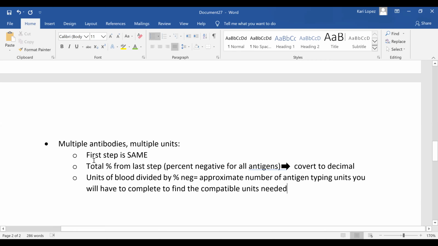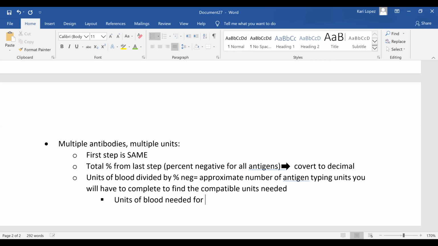So it's going to be the units of blood divided by the percent negative will equal the approximate number of antigen typing units you will have to complete to find the compatible units needed. So units of blood divided by the